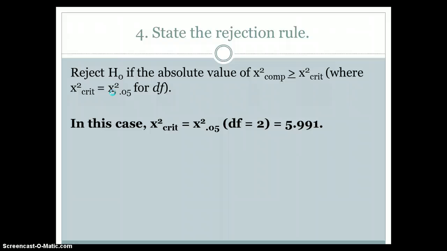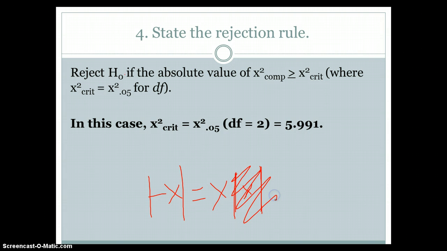Let's next state the rejection rule. We're going to reject the null hypothesis if the absolute value, that is usually symbolized like this. Here's the value x, and then we put these little bars on either side, and it tells us that even if it's negative x, the absolute value is positive. Ignore that for a minute. Okay. So we're going to reject the